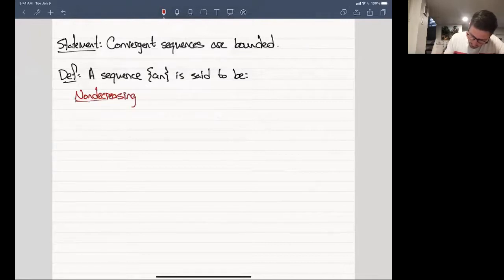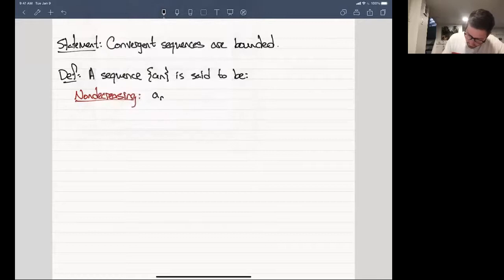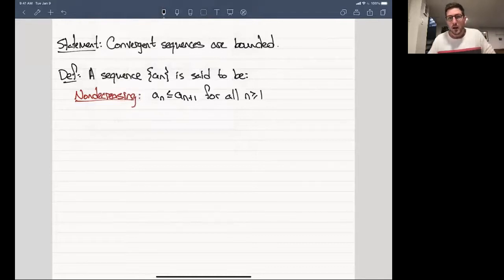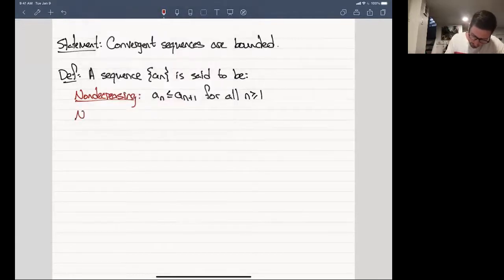And so non-decreasing, if an is less than or equal to an plus 1 for all n. And so essentially that tells you that a1 is smaller than a2, which is smaller than a3, which is smaller than a4. And then clearly you have the opposite, so non-increasing,